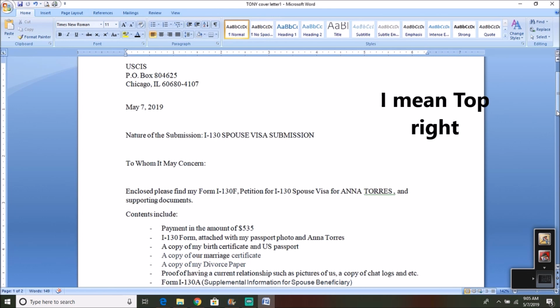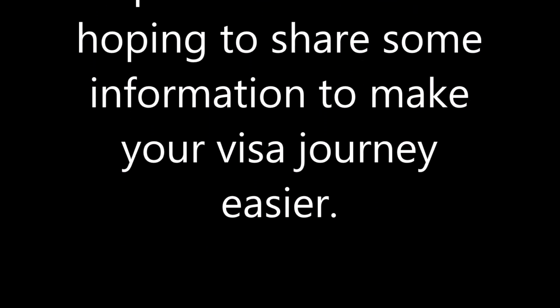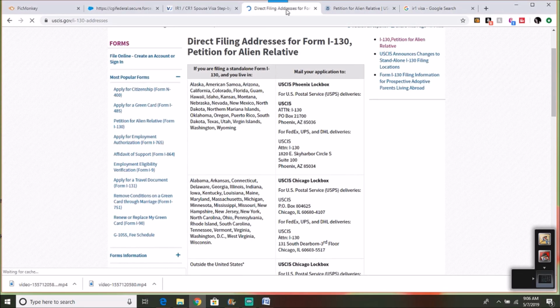the address there is the USCIS lockbox. That's the address. Since I'm from... these are the filing addresses where you send your